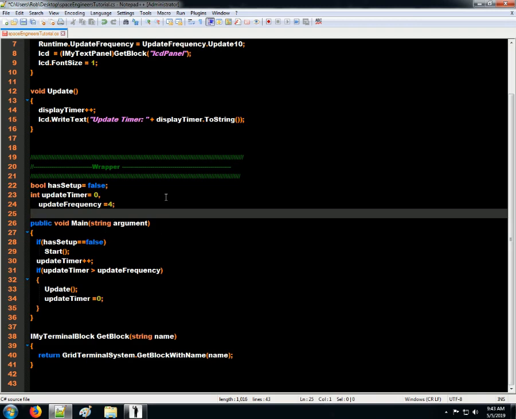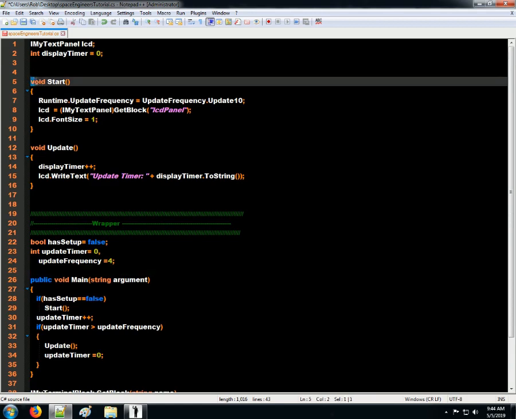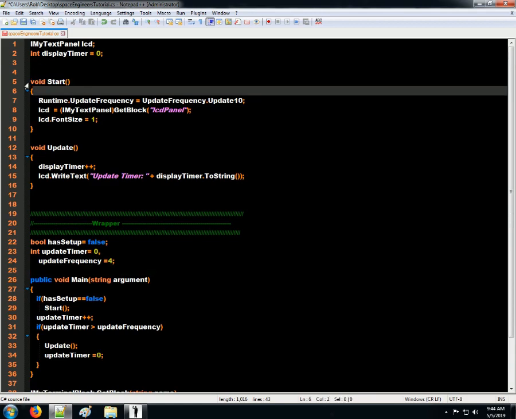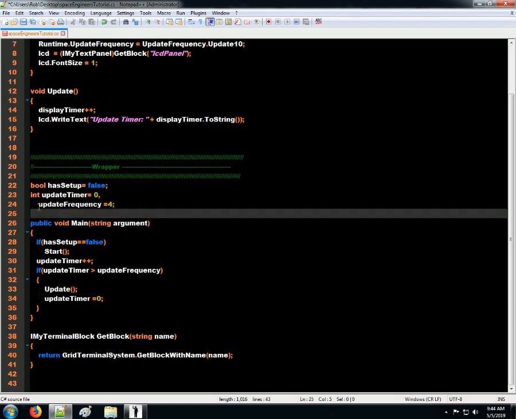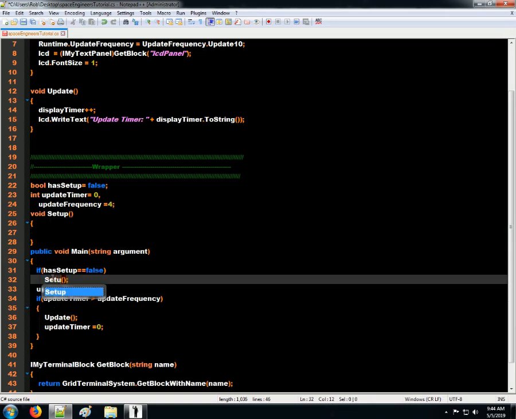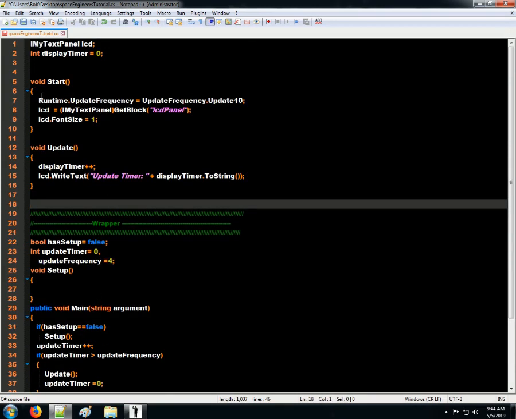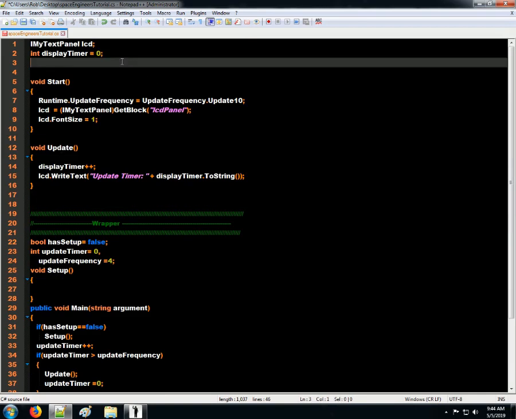So first thing we want to do is have another setup that's a part of the wrapper. So I want to create a function down here for setup, and this is for our actual wrapper, and then we'll run the setup because we want to keep this stuff up here. We want to keep this start and update for our